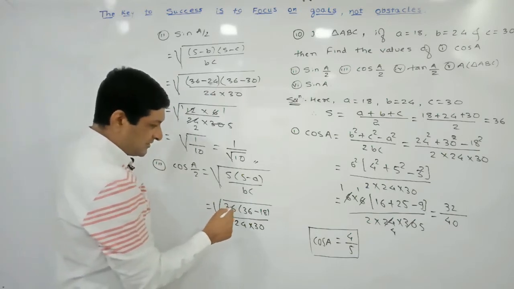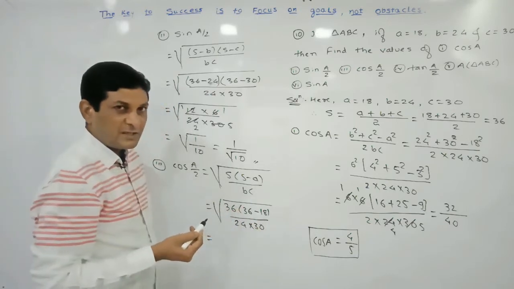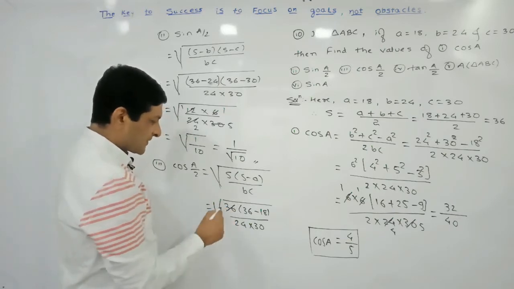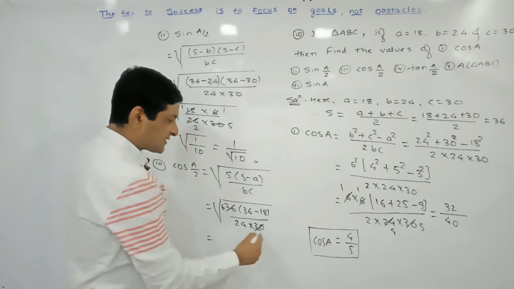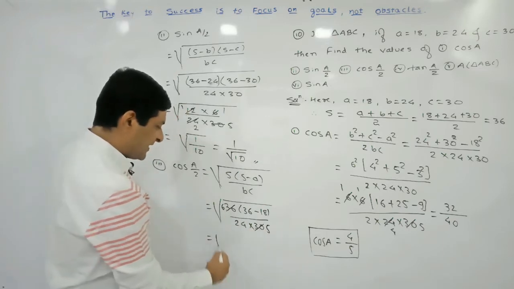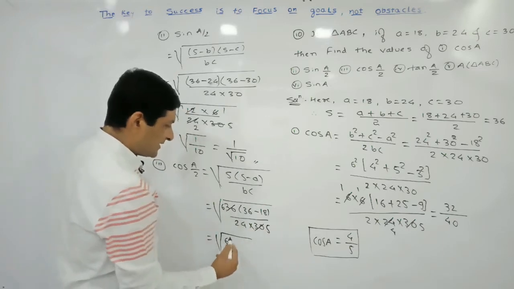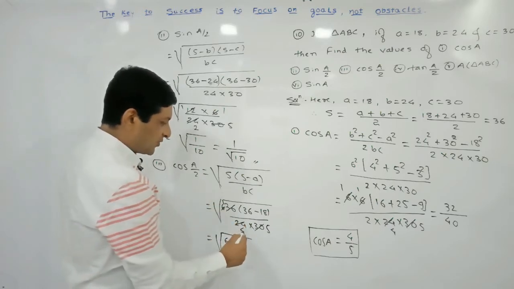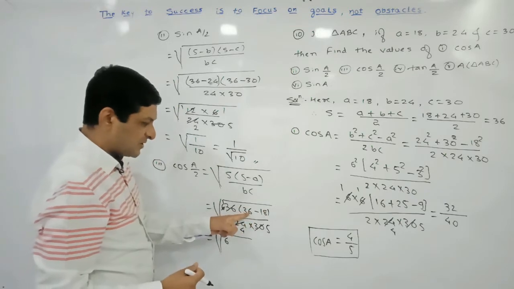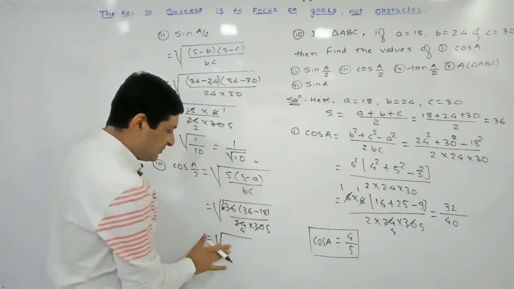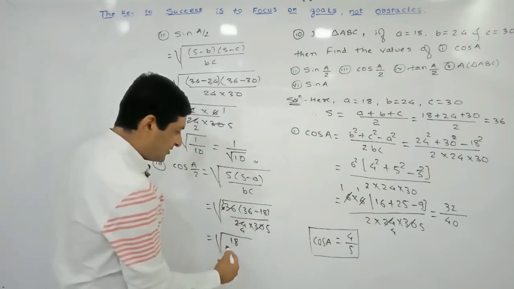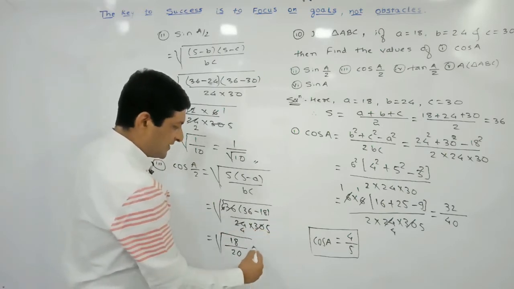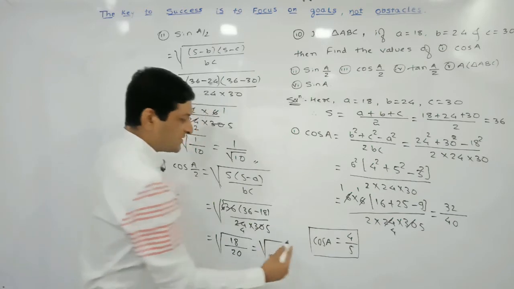Now both these numbers are divisible by what? Divisible by 6. So 6 sixes are 36 and 6 fives are 30. So here the remaining term is 6. Again here 6 ones and 6 fours. So here the remaining term is 36 minus 18, which will be equal to 18, and in the denominator we will get 4 into 5, which will be equal to what? 20. So which can be written as under root.